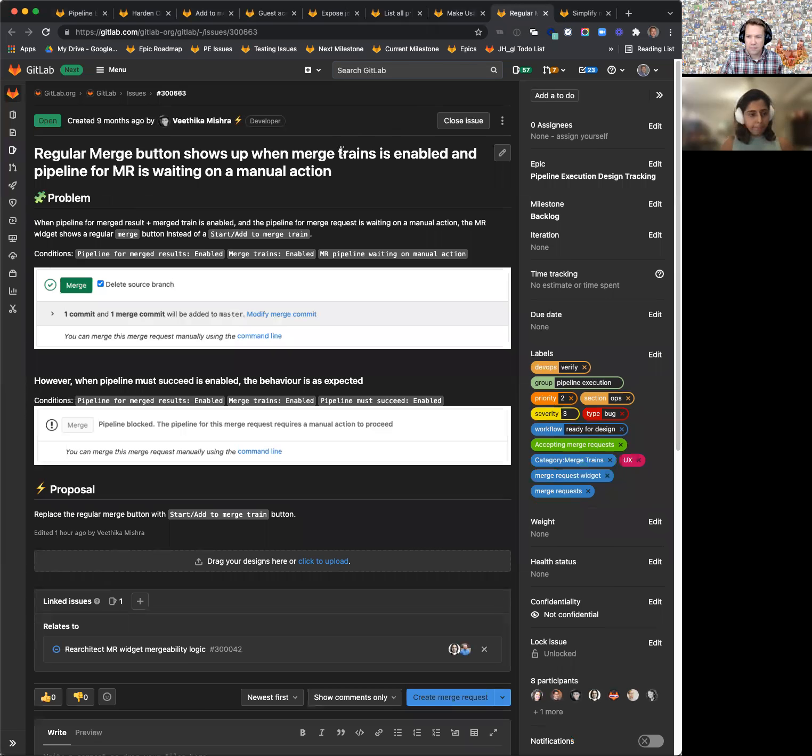And this issue is related to merge trains. So the regular merge button shows up when merge train is enabled and the pipeline for the MR is waiting on a manual action. The title itself is pretty explanatory. And